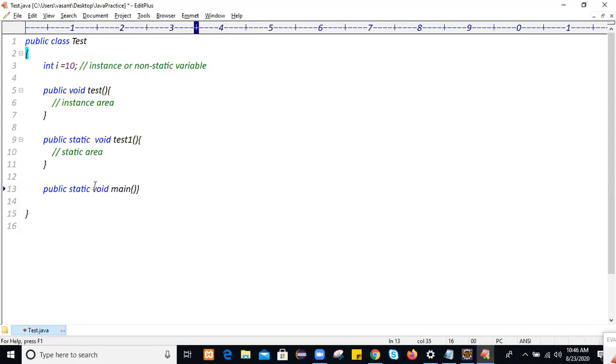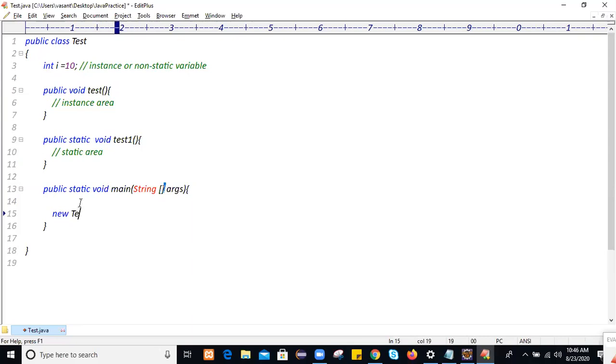If you don't have a main method within the class, you can't start your execution. So we use the main method as an execution engine, which is always like this and accepts one argument, a string array. You see, this is the instance method. To call this instance method, you should create an object at least once, from the static area, since the main method is static.